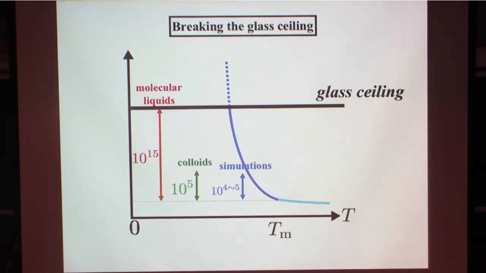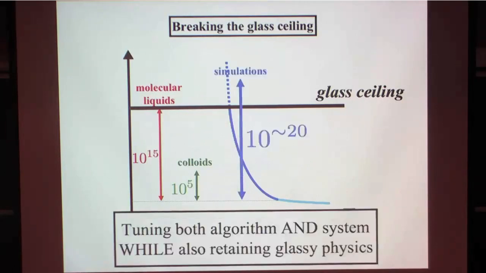Okay, so typically in glass simulations, we used to cover only about 4 or 5 decades in simulation. It used to be worse, like 2 to 3 decades. But due to hardware development, we came to 4 to 5, but that's still small. In colloidal experiments, so a bunch of sand or like a bunch of disks on your desktop, you have 10 to the 5 dynamical range covered, but the molecular systems, as I described, had this 15 orders of magnitude. So if you want to catch up with the real experimental situations, it's going to take a century to get there.